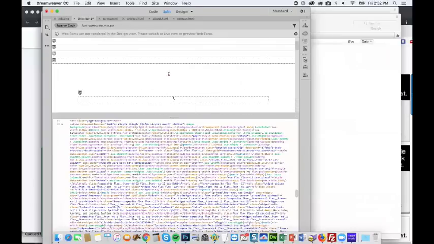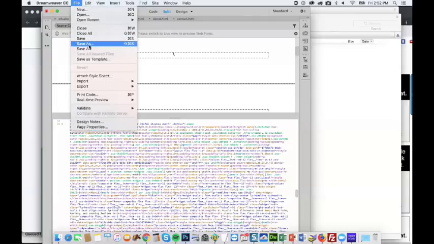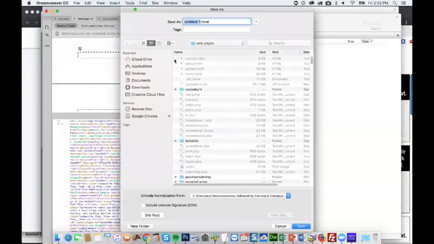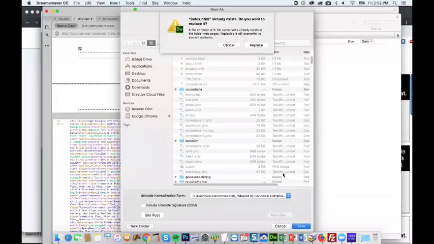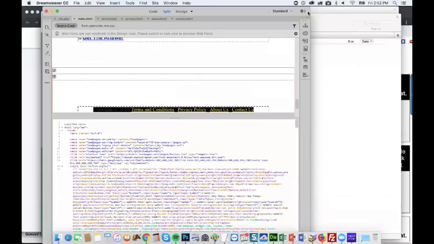All right, so this is save as, we'll just make this index. All right, so yeah, those pages are not necessarily super required.